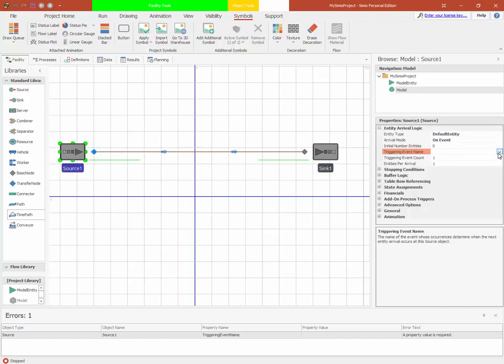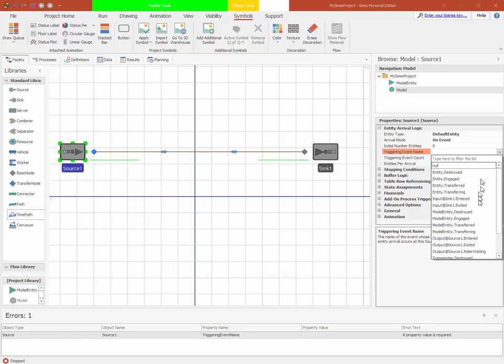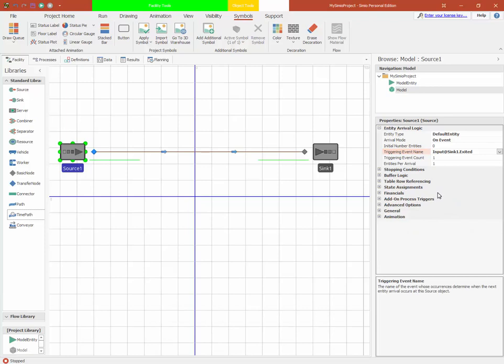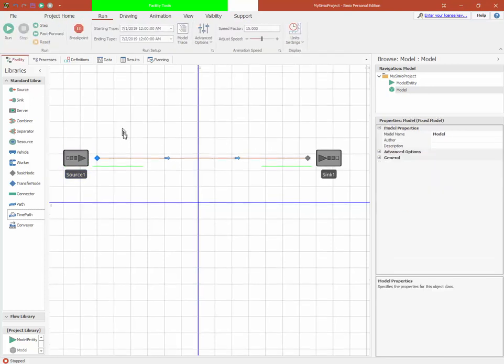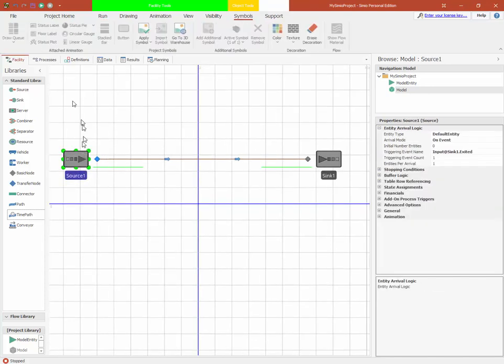and again use the expression editor, and I'll just scroll down and look for my sink object. And so here's my input at sink 1 entered or exited, and so let's just pick input at sink 1 exited. And so what this says is every time the event fires, in other words when an entity exits the sink input, create a new entity. And so if we run that,